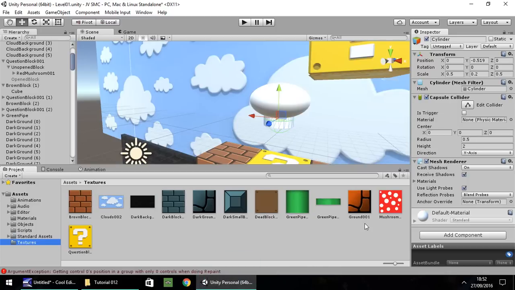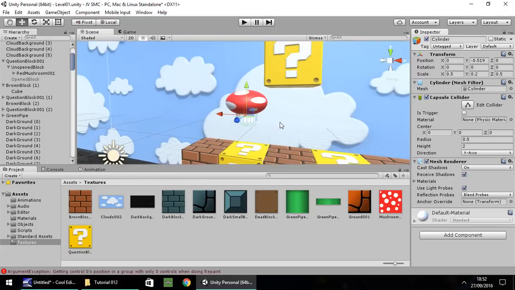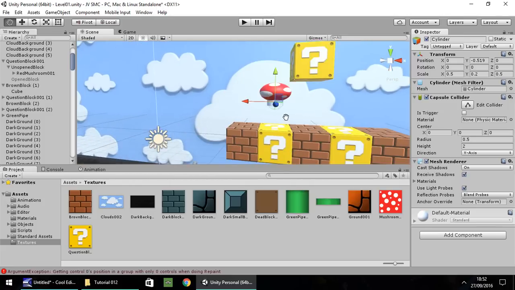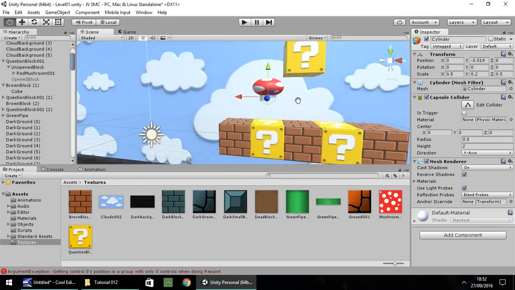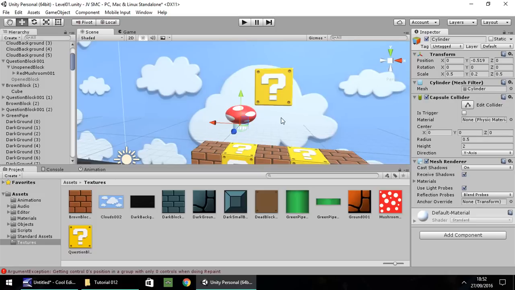Head on over there, then head to the downloads and assets section, head to the pink series, which is the Mario series, and then tutorial 12, and you can download this. So I'm going to drag and drop onto red mushroom 001. So you can see it looks more like a mushroom that you would see in Mario. It's not perfect, but as I say, if you want to use the official textures or somewhat better textures, head over to Google. You can probably get them there if you do a quick little search.